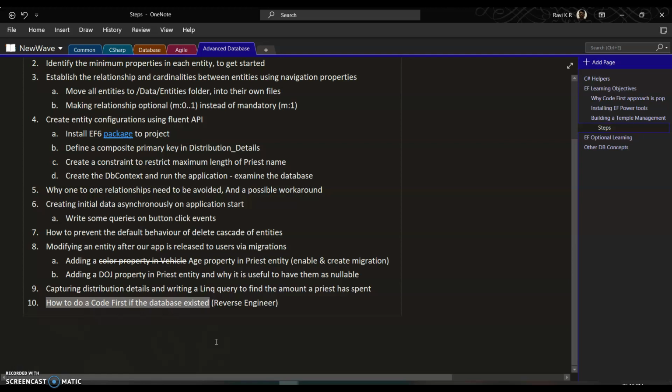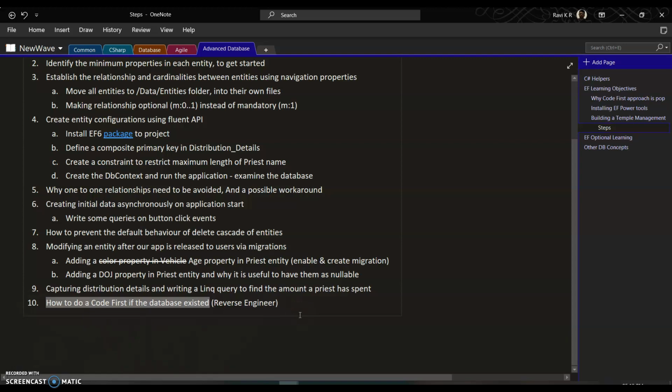Or even if there's only one team which is using this database in their project, and they decide that they had a look at the code first framework and they saw that making changes via migrations and most of the things through code is a lot more flexible, and developers can take full control of the deployment process, of the script upgrading, downgrading, and they decided to go code first from now on. What you could do is just make use of the existing code base, create the entities for them, and then from then on keep going code first.